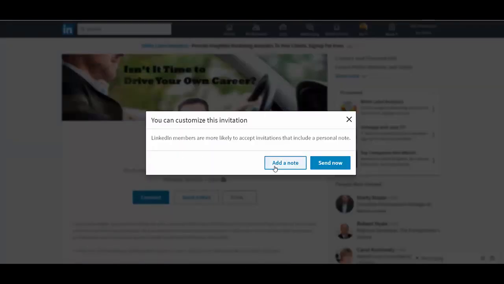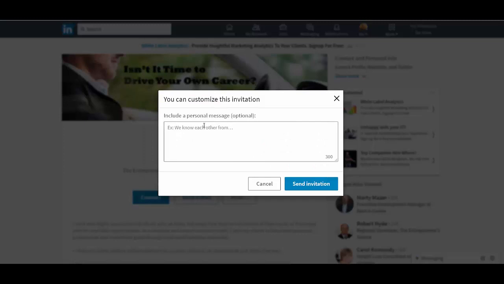Now, when you connect, you always want to customize it. So make sure that you click on that button so that you can customize it and not just send. So I'm going to say to him,